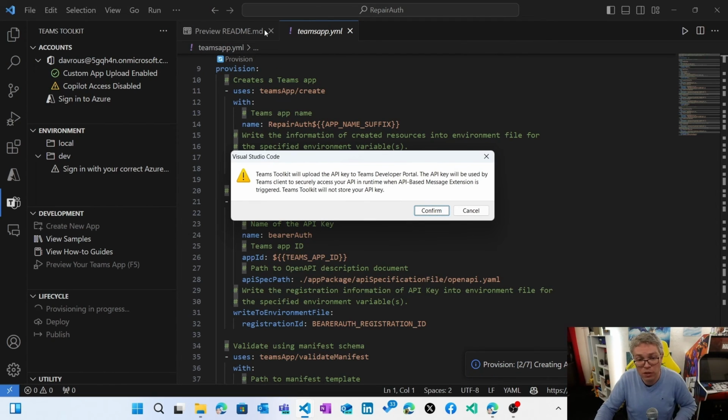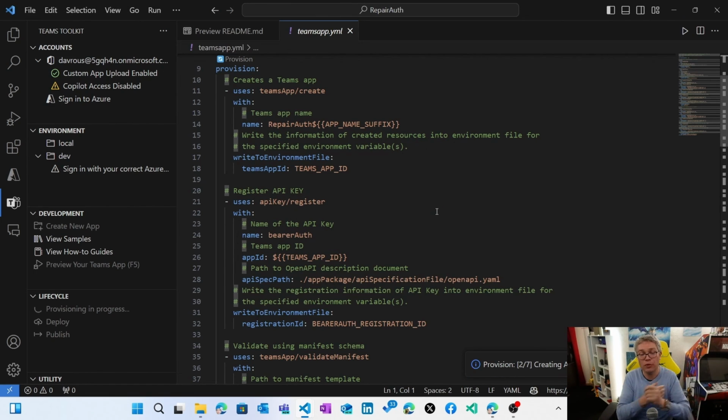Then the Teams Toolkit is warning you that we're going to call the API from the Teams Developer Portal to create your message extension and upload the key. And then the rest of the steps are exactly the same as the ones we've seen in the first example with the store API key that we were demonstrating. So now it's completely silent, and the key also has been pushed there. So it will be up to you to check that everything is working fine.